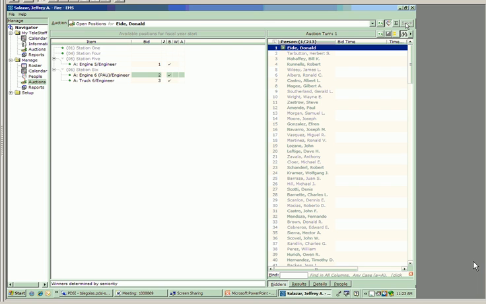So that's essentially the two modules. One is for leave bidding and one is for position bidding. And you can set them up in either a preference mode or queue mode. A preference mode means people can bid at their leisure until that bid has expired based on your rules. A queue mode means people go in order according to seniority. Whether it's designated block of time or whether it's that